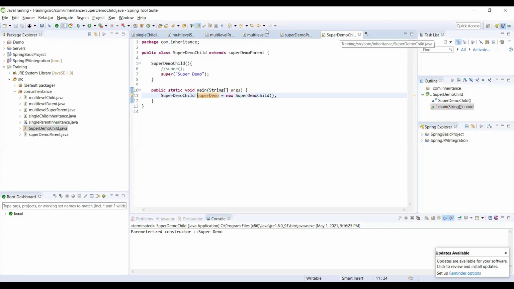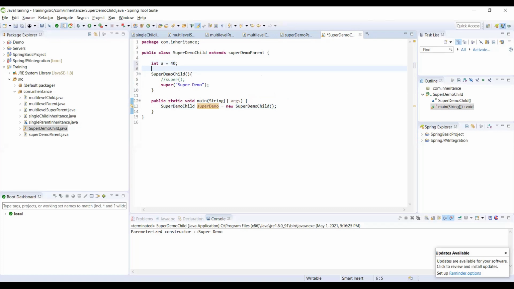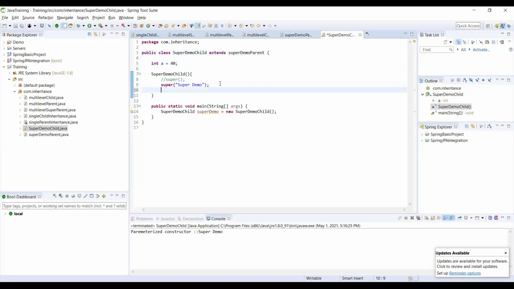In my child class, I am doing int a equal to 40. Basically, since my child class is extending the SuperDemoParent, which is a parent class, it will simply print the value of a as 40 if we try to print.